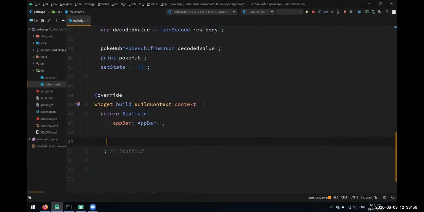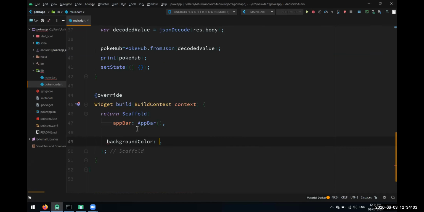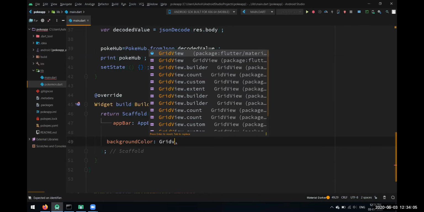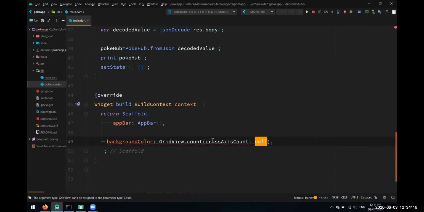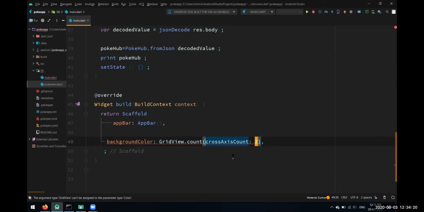So for our body, we'll use the widget called GridView dot count. We have various kinds of grid view. For now, we'll use this count, because we are going to have the count for that grid view. Why is this giving an error?